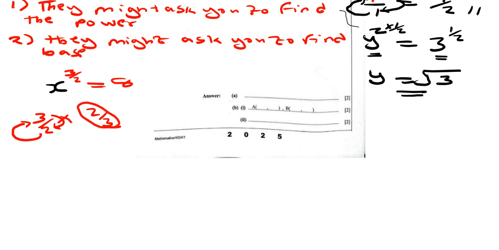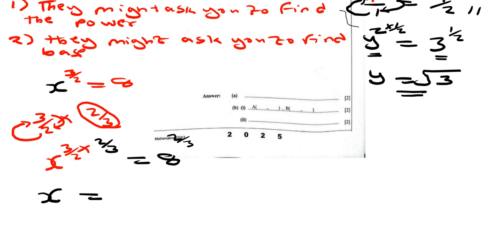If that's the case, then the next step is you just write it down and say this is 3 over 2 multiplied by its reciprocal, 2 over 3, and this whole thing is equal to 8. And remember, because you introduced the reciprocal on the left side of the equation, also introduce the reciprocal on the right side of the equation, which is 2 over 3. So if you multiply 3 over 2 times 2 over 3, the answer is 1, and this is x to the power 1, which is basically equal to